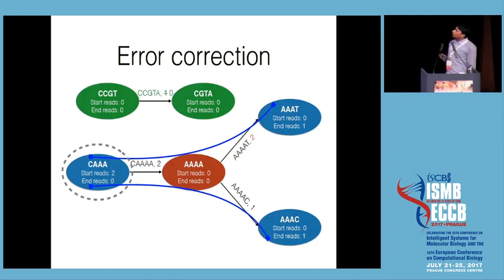If we want to enforce this invariant on this node, it is the same as the earlier node, CCGT, in that there is no incoming abundance. You know that this node appears twice at the start of reads, and the total outgoing abundance is 2. So even without any change in the graph, the invariant still holds at this node. So you can safely say the abundance of the edge CAAAA is actually 2, and it is